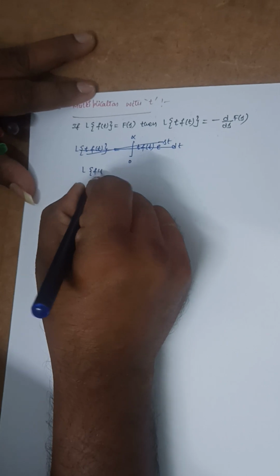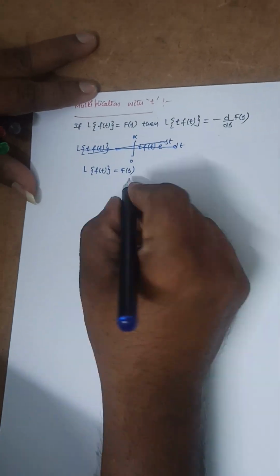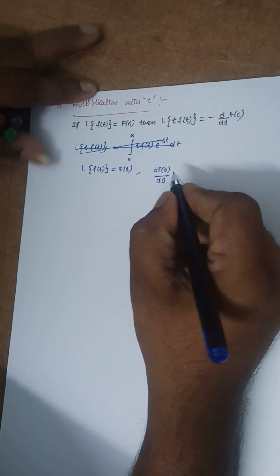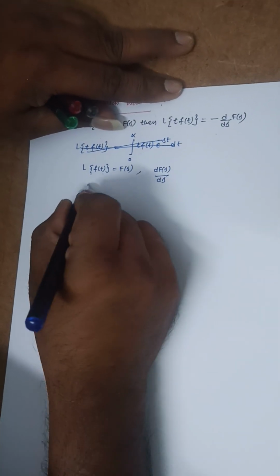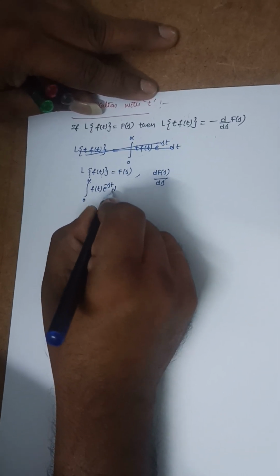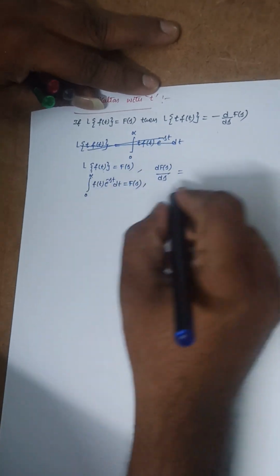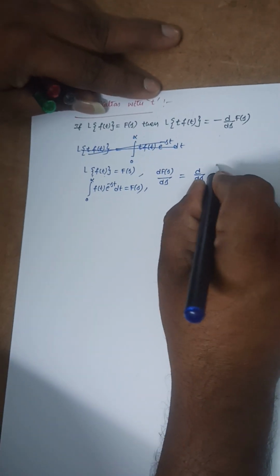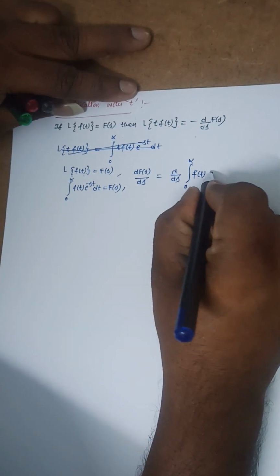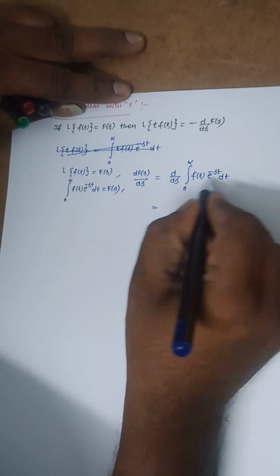Laplace transform of f of t is equal to f of s. You know this. Differentiate this, d f of s divided by ds, with respect to s. And here Laplace transform of f of t is integral 0 to infinity f of t e power minus st dt, that is equal to f of s here. So df of s by ds, if I differentiate this one, d by ds of integral 0 to infinity f of t e power minus st dt, that is equal to, if I bring this differentiation into the integration,